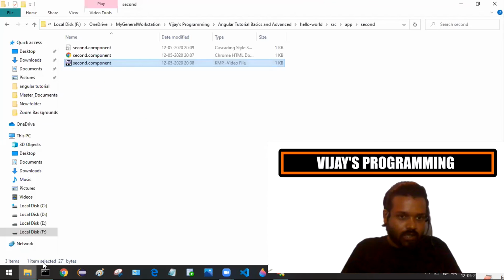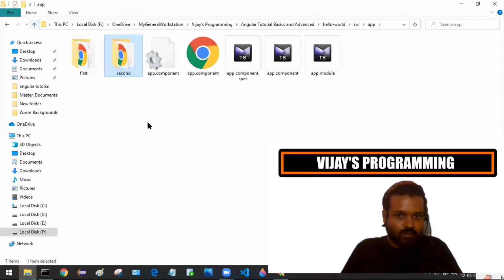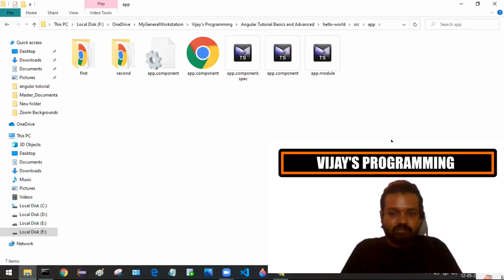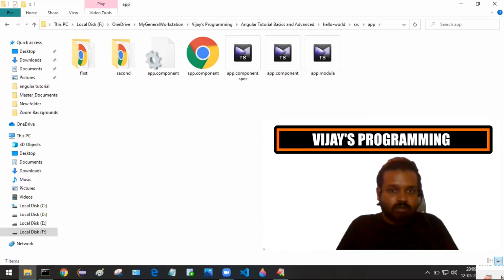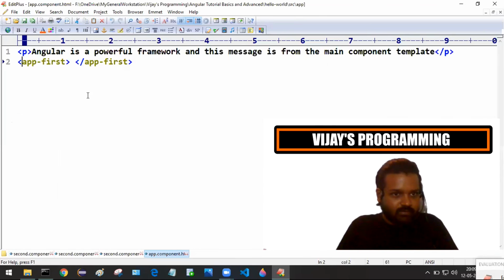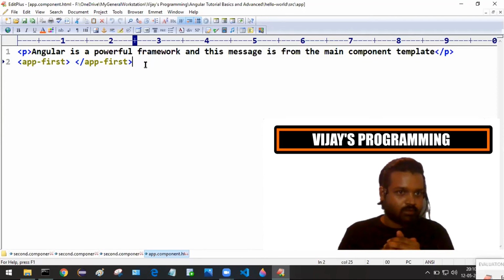Now come to the main html file here, that is the app.component.html file. Right click and open that file. Here we have already used one component, that is the first component, right?